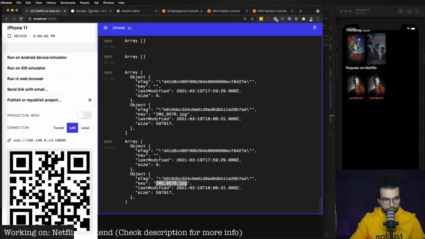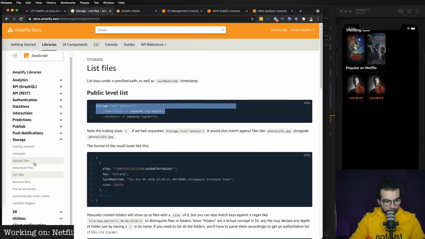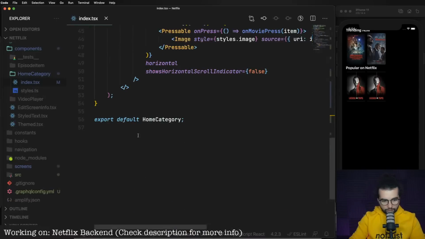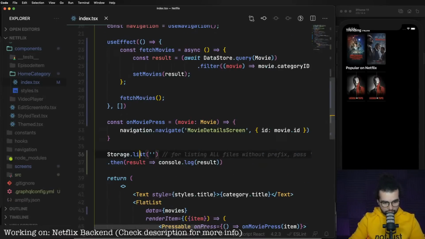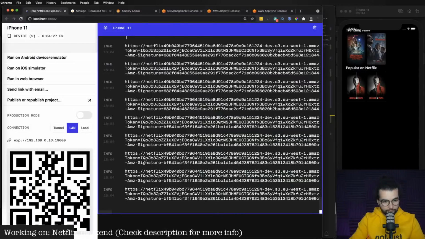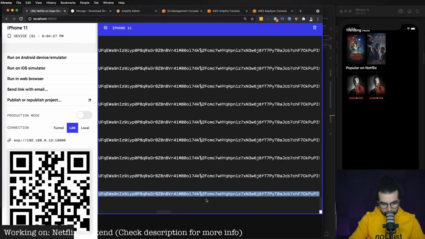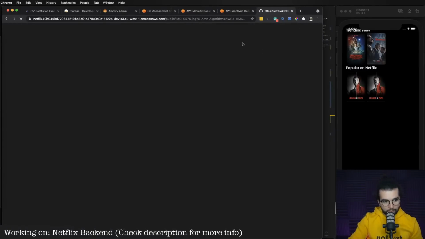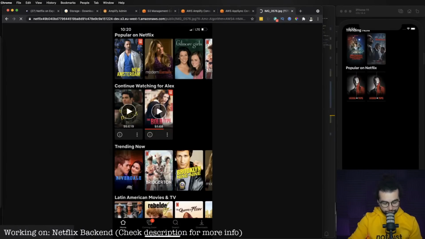So we can actually call the download files to download it with a get and the key. And the key name, where is it? Get. This one. And then the result, we will console log. And here is the URL that we can use in order to download the image. So if I copy it and open it in a new tab, we see the image from our S3